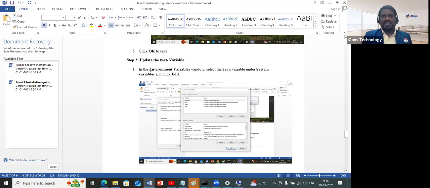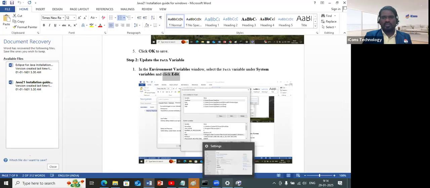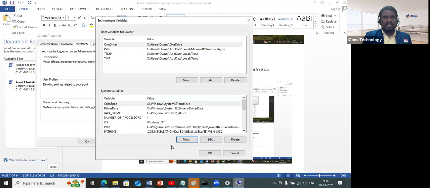In Environment Variables in Windows, select the Path variable under the system variables, click on it and edit that one. You can observe here, on the same window which we have not closed, we do have the Path. If you click there and edit that,